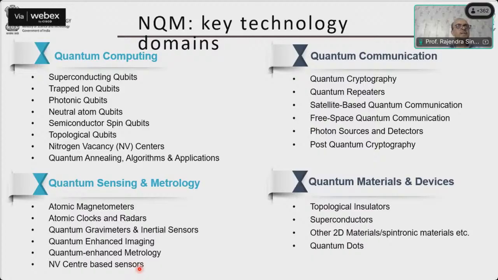So the quantum sensing and metrology is looking only into the quantum sensor part, and whatever is required. All these hubs more or less have enough resources to develop any of these technologies, and there is a kind of flexibility also in how many resources shall go to one particular technology domain or topic. After that, there is a final one on quantum materials and devices, where, like let's say, at IIT Delhi,